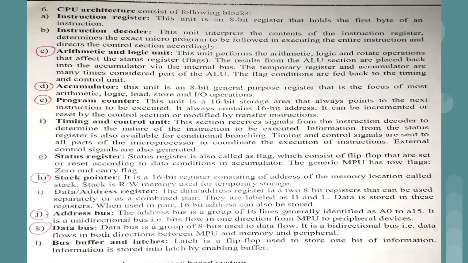Then the next question is to write a note on the microprocessor based system. A microprocessor based system means what we have just seen in the first question. Now we want to use all the components from all these questions. In the current slide there is a diagram of the microprocessor based system. The first box is nothing but the microprocessor. We have three important components under the microprocessor: the ALU, the register array, and the control and timing section. So this is our microprocessor, which is connected to the system bus.